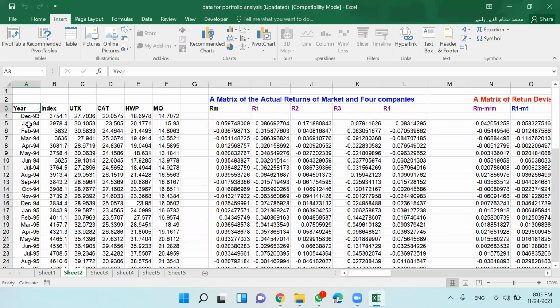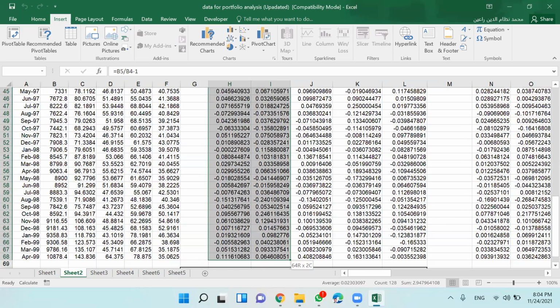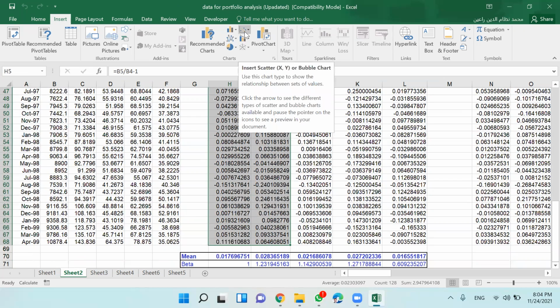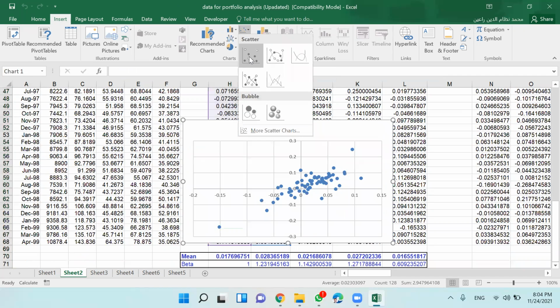Can everybody plot this graph, scatter graph? I'm just asking everybody. We have lots of time today, 2 hours, and we can do a lot. I just want to make sure that everybody can plot this relationship. If you just select these 2 columns and go to insert graph and choose this option, scatter graph.